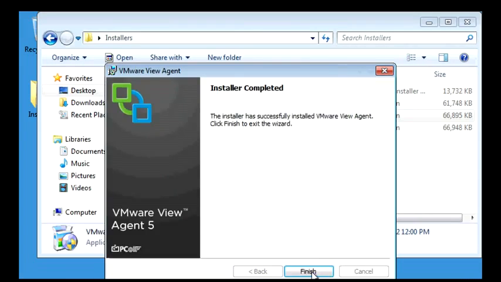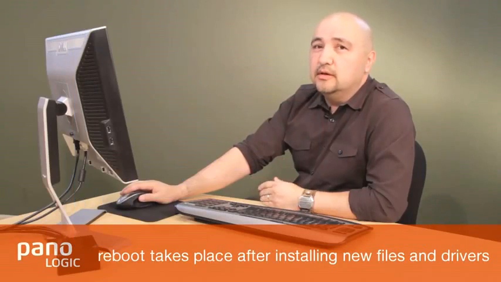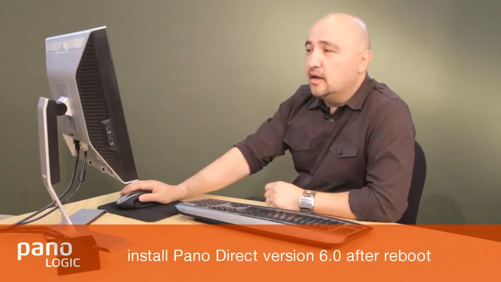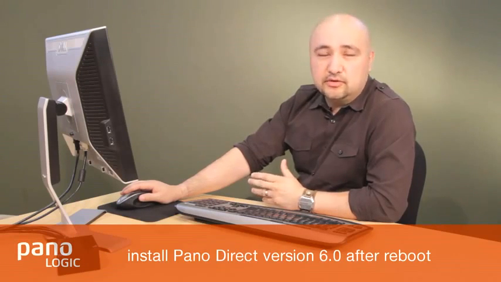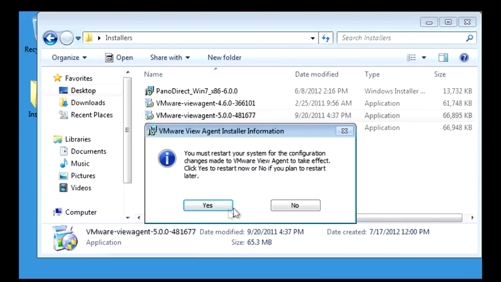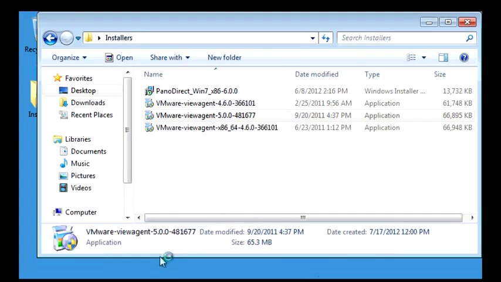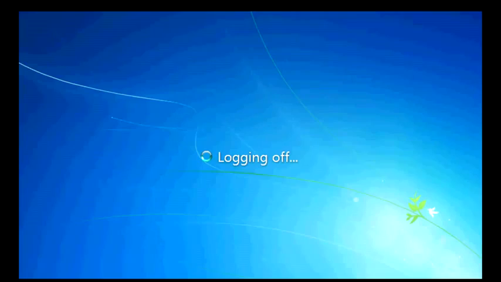Once it finishes installing the new files and drivers required, a reboot will take place. After that, we can go in and install Pano Direct version 6. Once the virtual machine has rebooted and we log back in, now we can upgrade the View Agent, or if you're running the latest version of the View Agent, we can just run a repair installation, so it will install